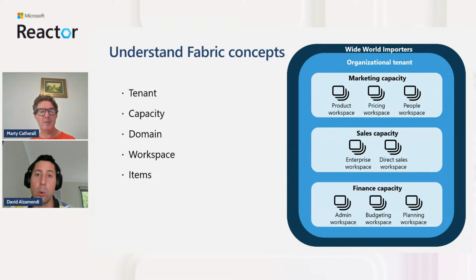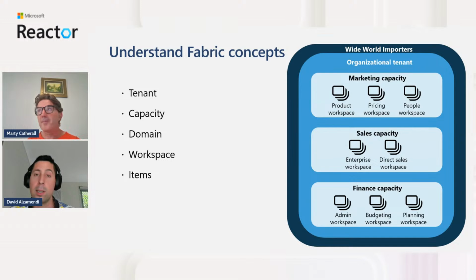As part of this section, we have to cover these essential Fabric concepts. This is really important because it's like a hierarchy. There's a tenant, only one tenant. So when you create different Fabric capacities, you have to understand that they belong to a tenant. The tenant will be, in many cases, your organization, and that's essentially attached to your Microsoft Entra configuration. So when you think of users, groups, security access and policies, all that belongs to the tenant.